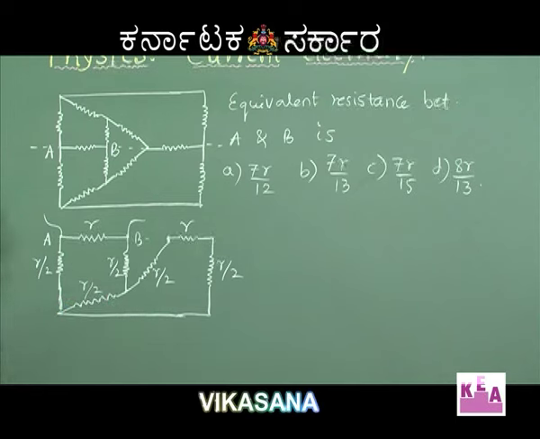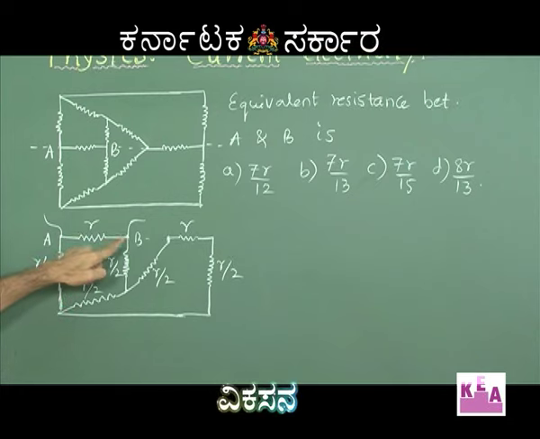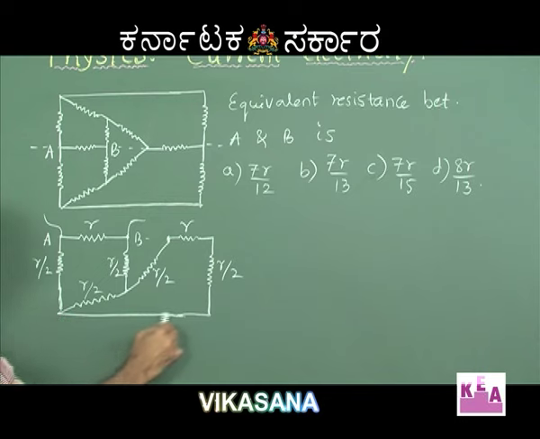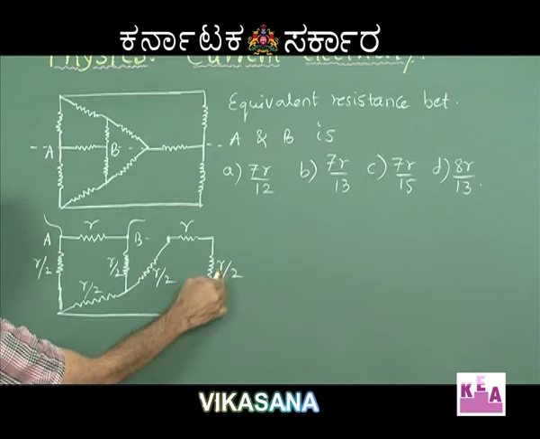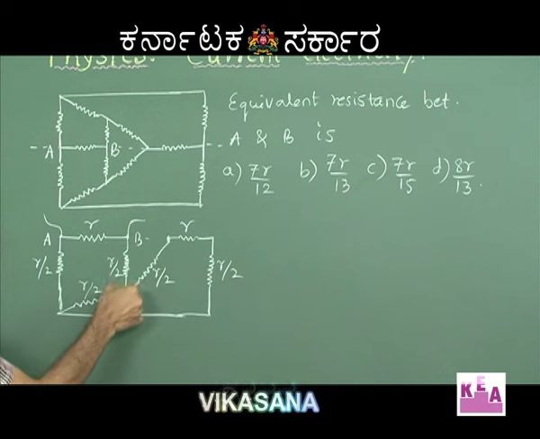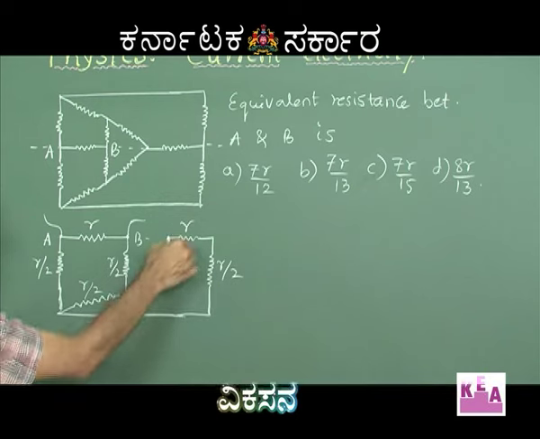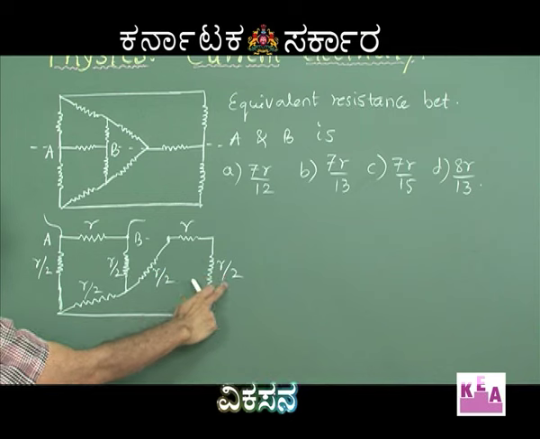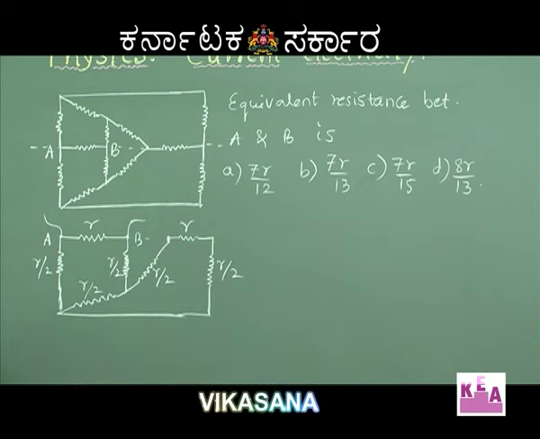Fine? Okay. So now the current has to enter through A and it has to leave through B. You are supposed to find out the equivalent resistance between A and B. Whatever current flows through this should continue to flow through R by 2, R and R by 2. I hope you agree that this R by 2, this R and this R by 2 are all in series. So if I just redraw the circuit, I will show these three combined as 2R. R by 2 plus R by 2 is R, R plus R is 2R. Fine? Just redraw.